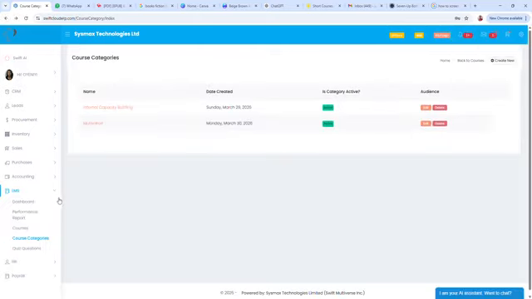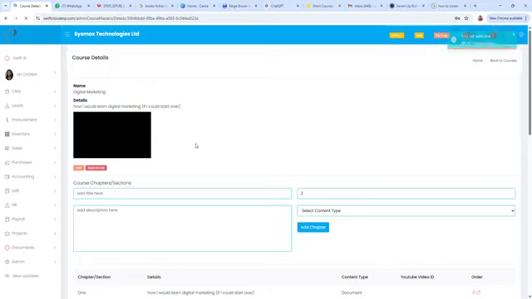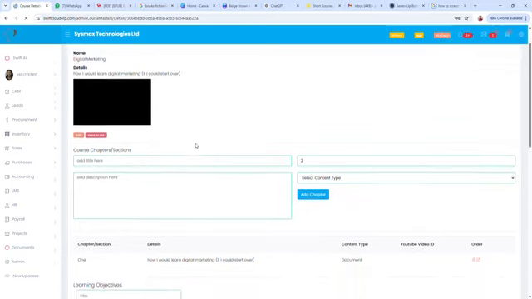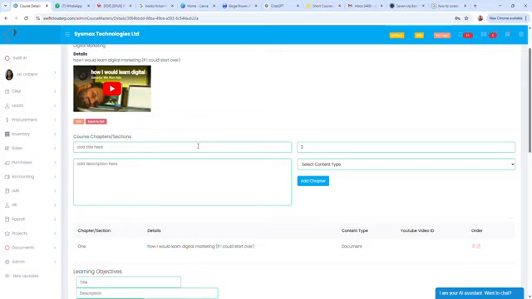So after doing all of that, say go to the courses, say digital marketing for instance. You can easily populate it with whichever document or tags that you want the learners to learn. Say you can add the name of the course, let's say